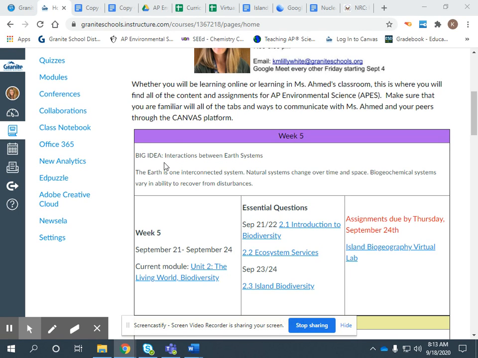Notice our big idea has changed because we're moving on to a new unit, Unit 2, the Living World Biodiversity. So our big idea for this unit is interactions between Earth systems. We're going to be thinking about how different systems impact other plant and animal species and how these systems work